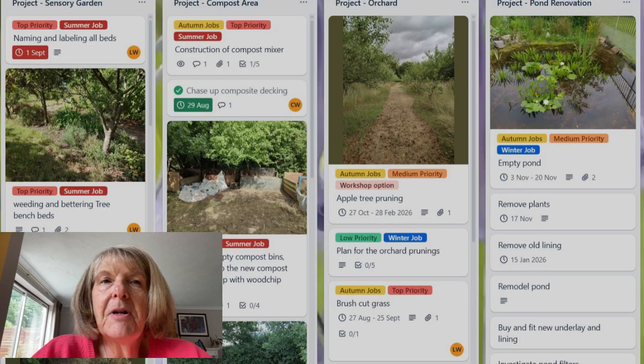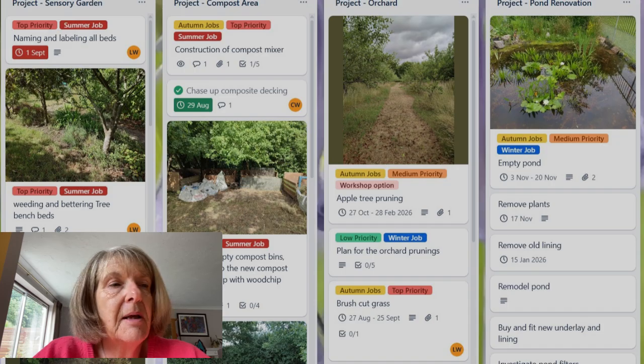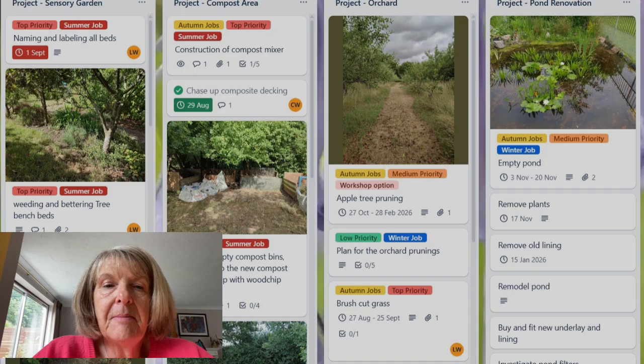I'd like to just give you an introduction to the Trello application and to show you some of the things that Leo's been setting up on there. It'll just be an overview of all the different projects we set up. What I can do is then do a deep dive into each one so that you can kind of